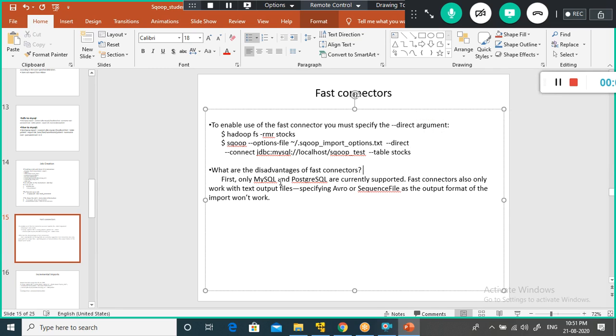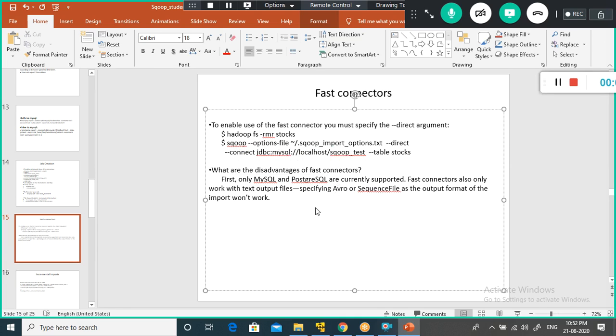What are the disadvantages of the fast connector? First, currently it works only with MySQL. The direct option you can use only with MySQL and PostgreSQL. And if you use fast connectors with Avro and sequence file, it will not work. It works only with specific RDBMS, and if your output file is Avro or sequence file, it will not work.